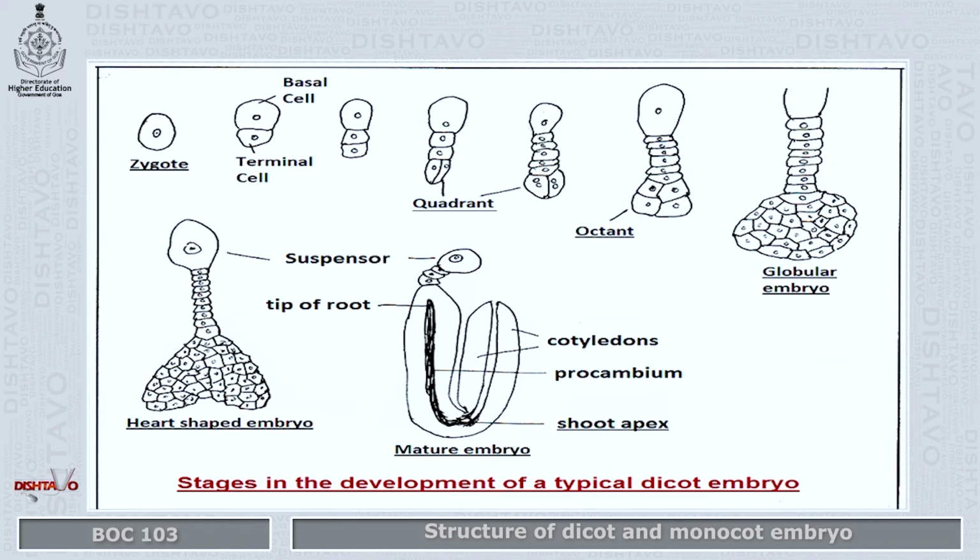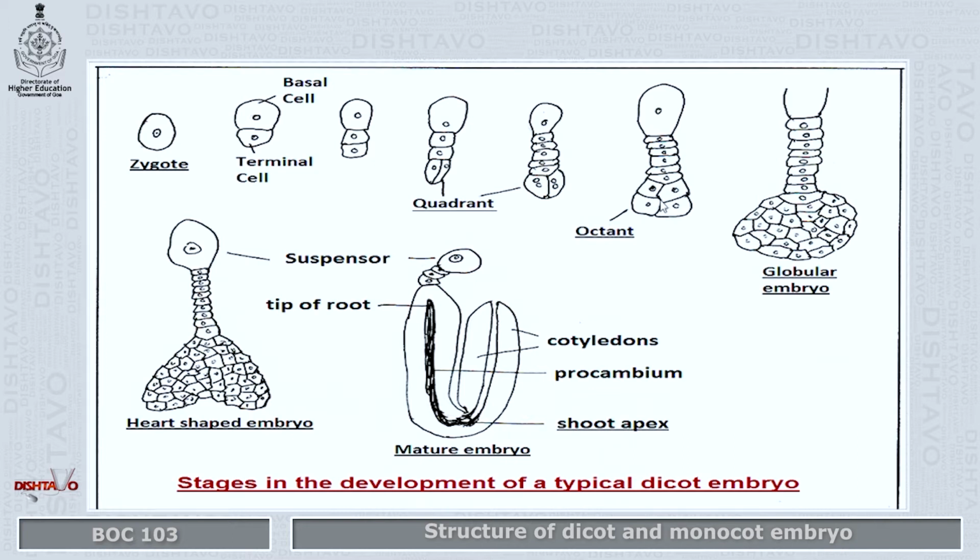Each of the apical cells divide by vertical walls, and this results in a quadrant. The quadrant cells in turn become partitioned by transverse walls so as to form 8 cells, that is an octant,